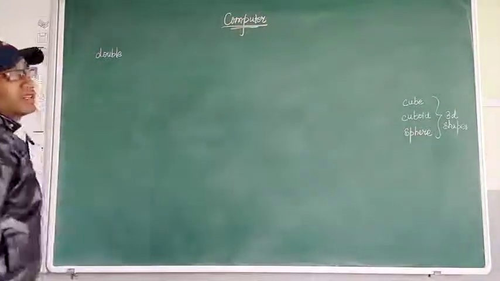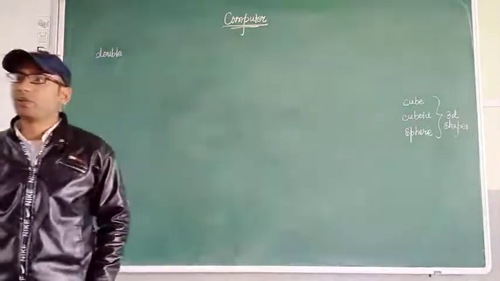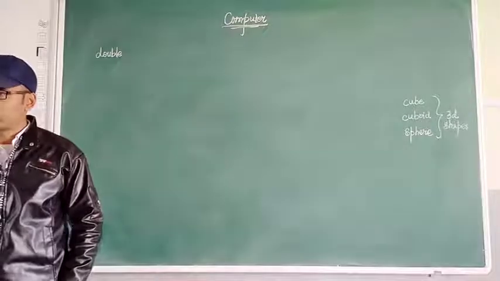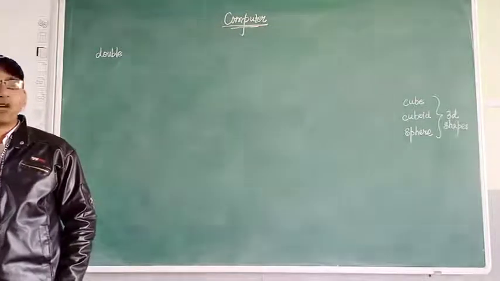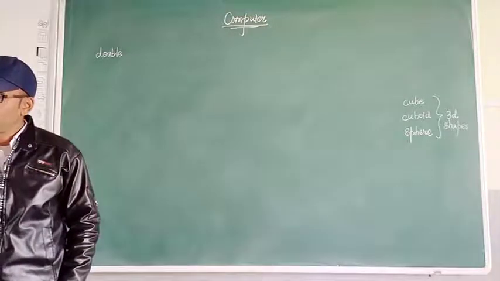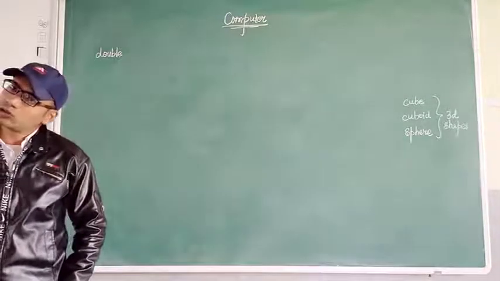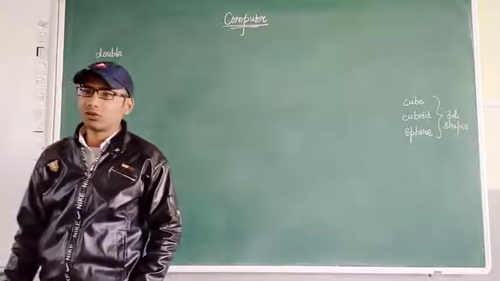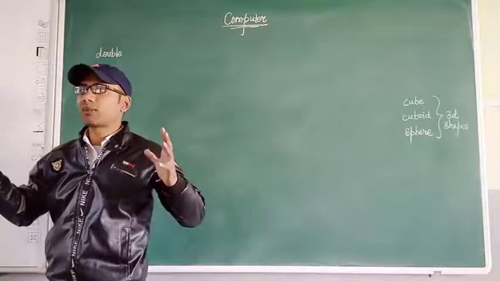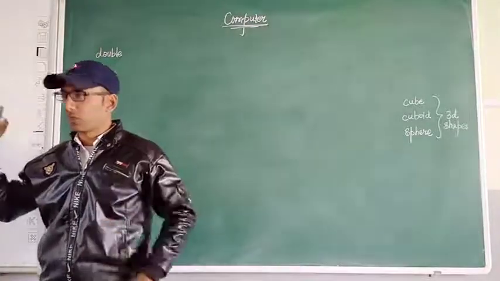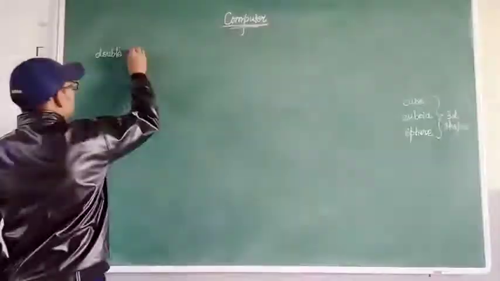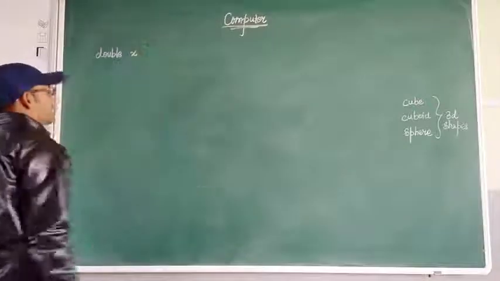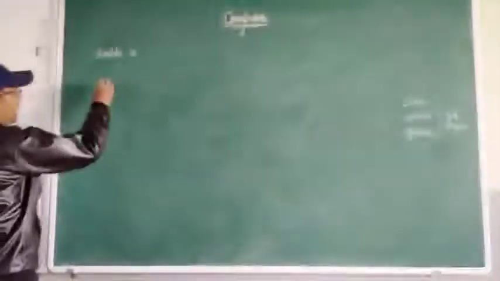Double is a larger container, you may think like that. Double is a much larger container compared to float. Float can hold decimal values. Similarly, double also can hold decimal values, but of larger capacity. Now, double x.